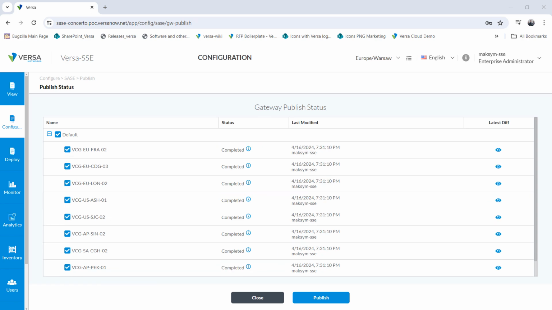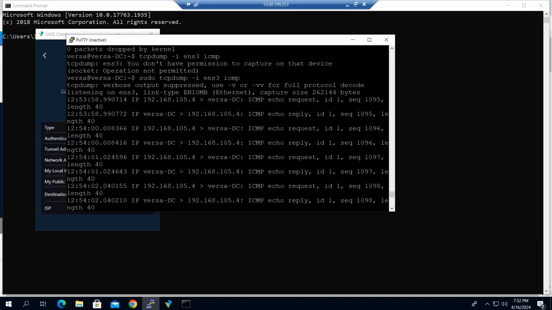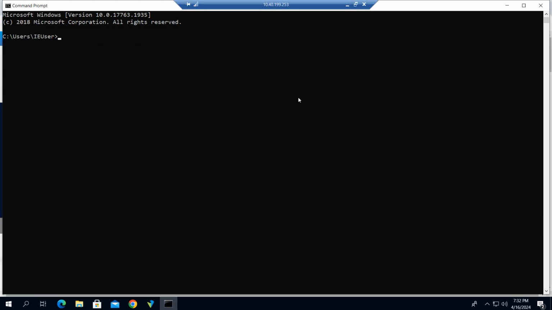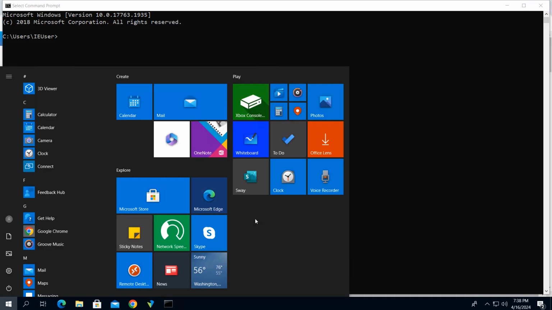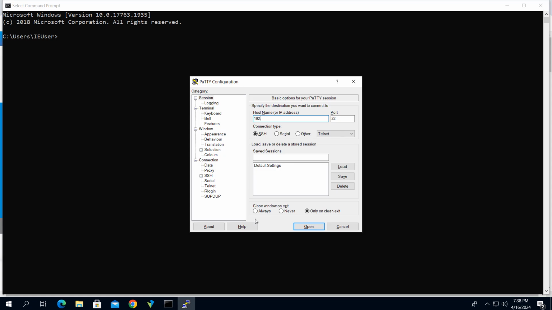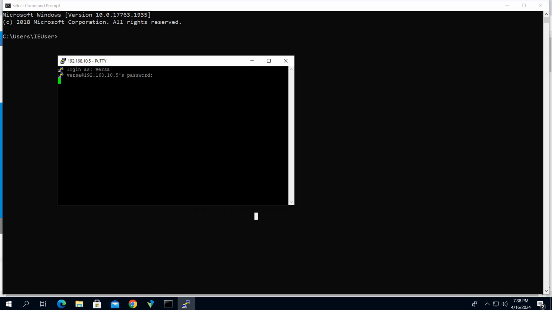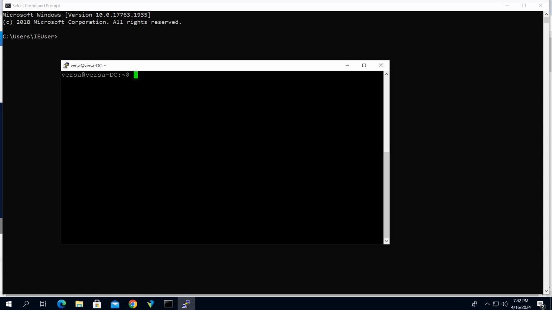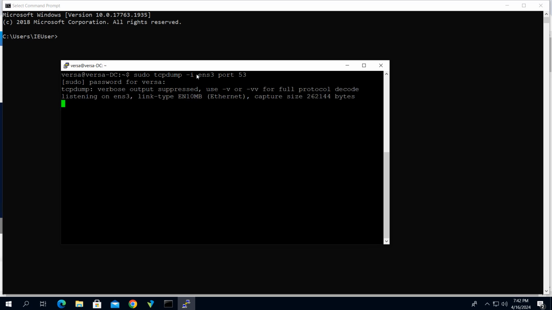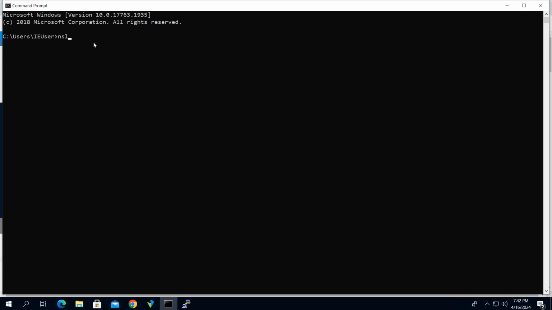Once configuration is published, we can go ahead and verify it. So I will connect to my server first and run TCP dump. So I start TCP dump for capturing DNS request. And first what I will do is a nslookup to my